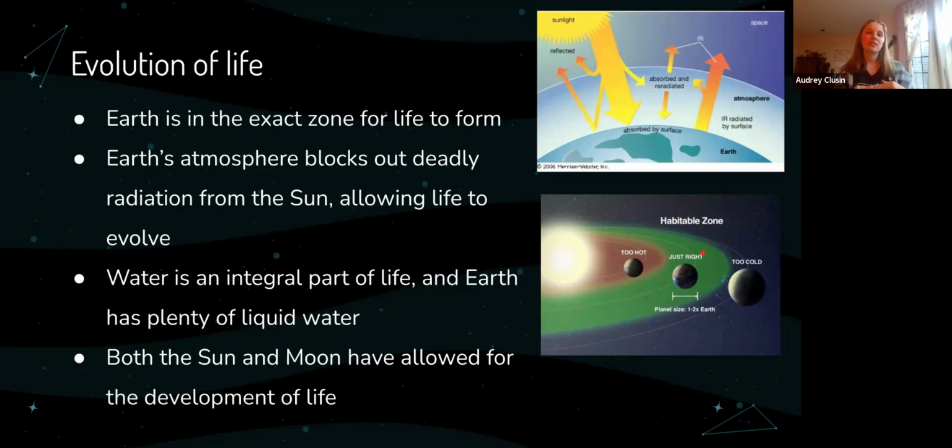I'm talking about water specifically because water is very important to the formation of life. Biology lesson, I guess. But water has a bunch of weird properties that allow life to form. Like it can bond to itself. It can make a weird layer on the top of itself, and it sticks together.